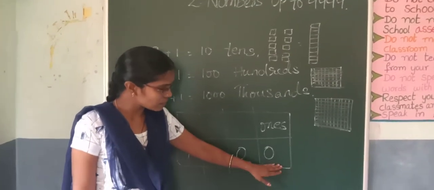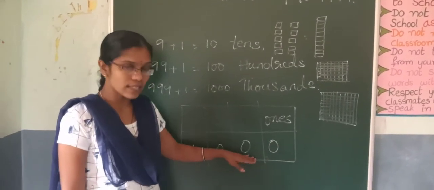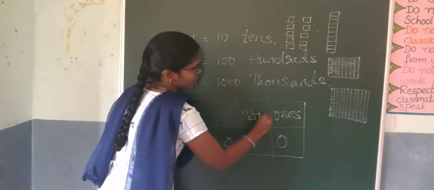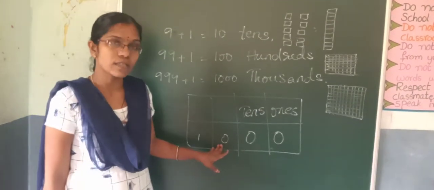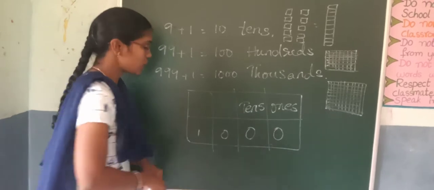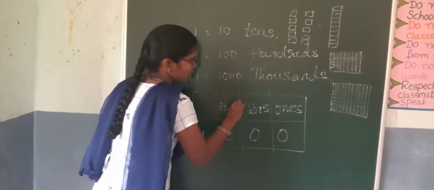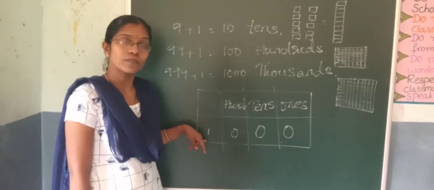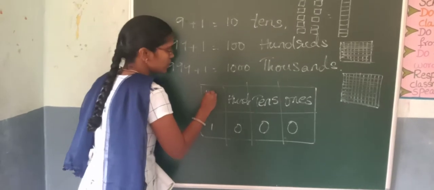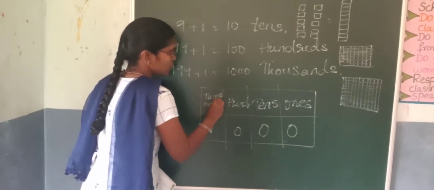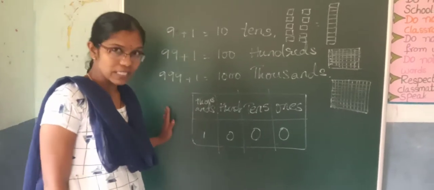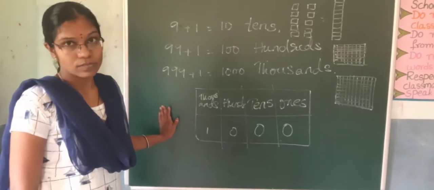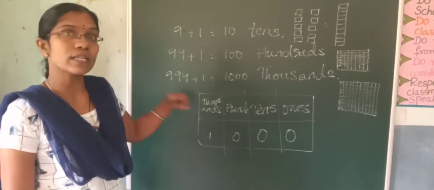So now I have given the first number, it will be in the 1's place. Now see the second digit, which place is there? Tens place. Now see the third digit. In which place will it be? Hundreds place. Now see the 1. It will be there in the thousands place. So first of all, if you know the place value chart, you can identify the numbers with the place values and you can do the word problems, and you can write the number names also.